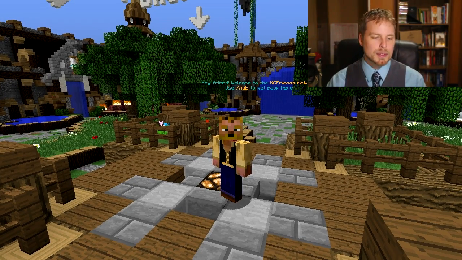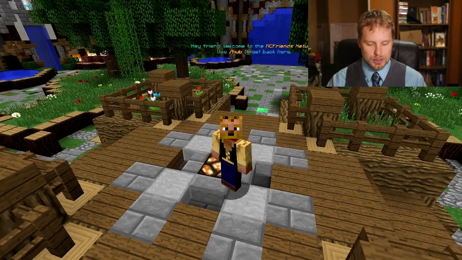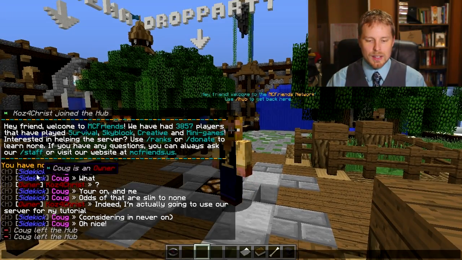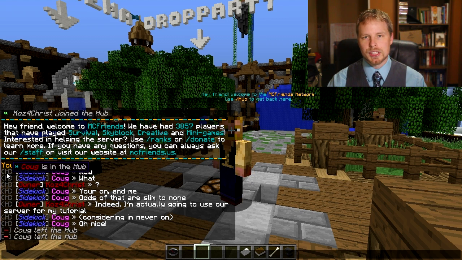It has a hover capability, so you can interact with the chat. So we're just going to take it off that. Here you can see this is the other server, so pretty much just hub. Nobody else is on right now, but it's that hover, and it'll show you different information in the hover. There's so many placeholders or variables that you can use in that, which is really cool. It actually supports JavaScript placeholders. I'll show you guys how to do that. I won't show you how to use JavaScript because I don't know, but if you know even a little bit about that, you can do some really cool stuff with different expressions and coding,